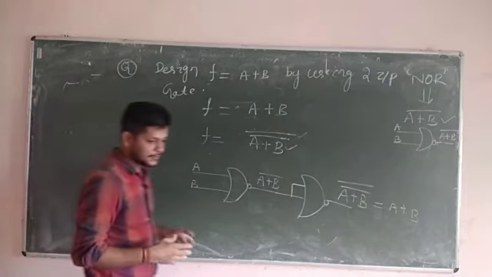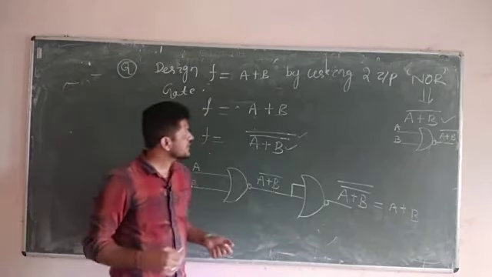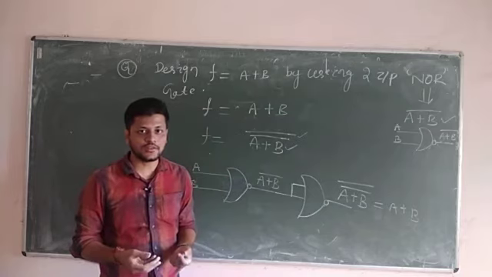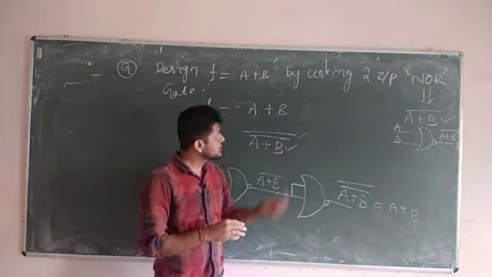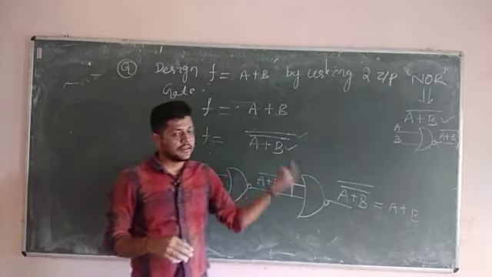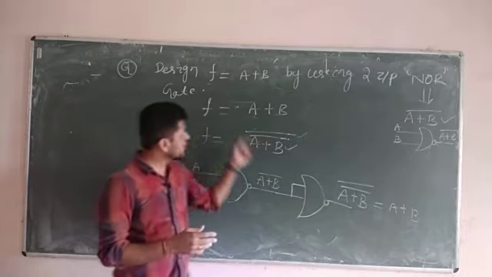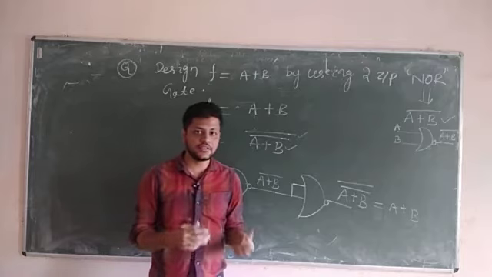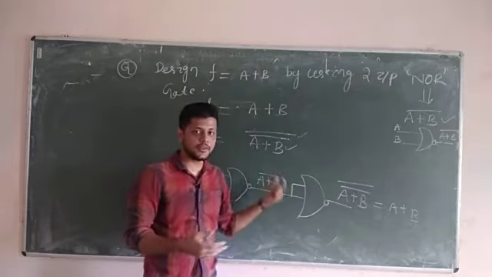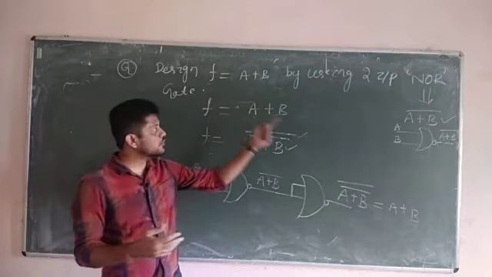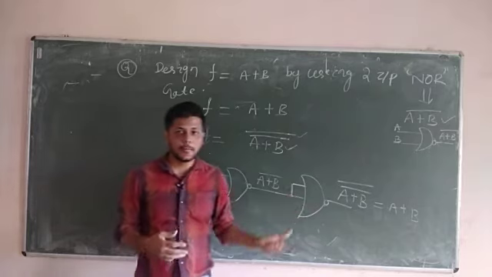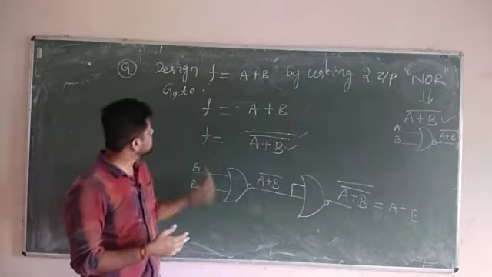So hence I have proved extensively why NOR gate and NAND gate are also known as universal gates, because by using this NAND and NOR I am able to implement any logic. Hence these gates are also known as universal gates. Any digital function or any logic, any basic gate we can design by using NAND and NOR. I have already solved 3 to 4 problems on it. You try at home to implement.